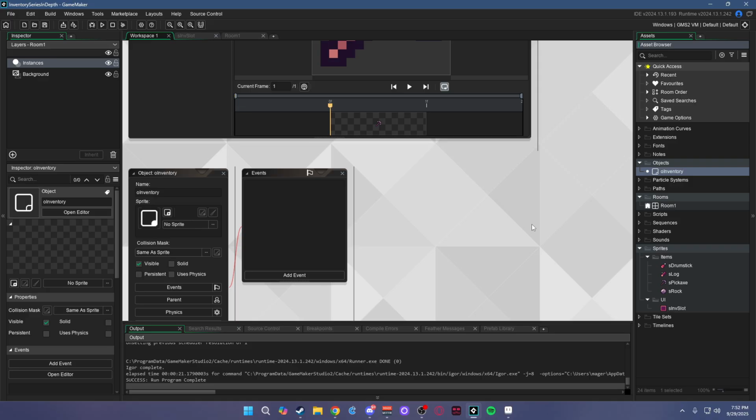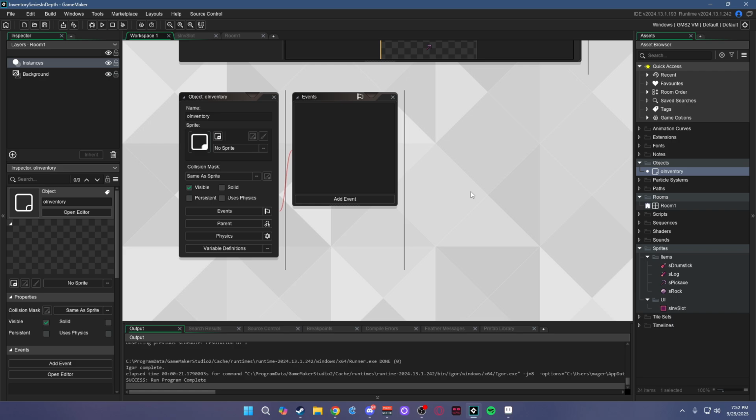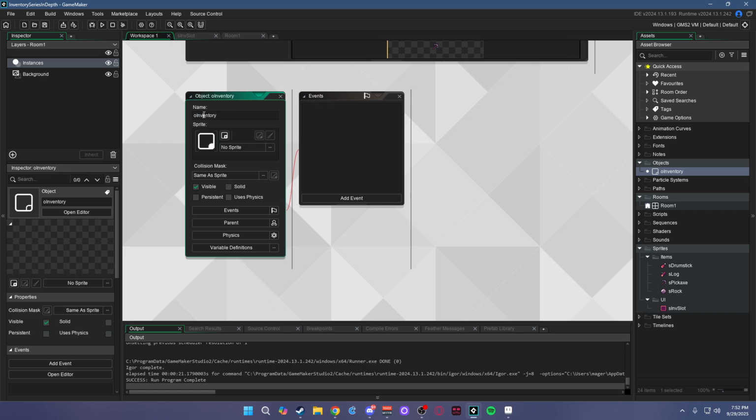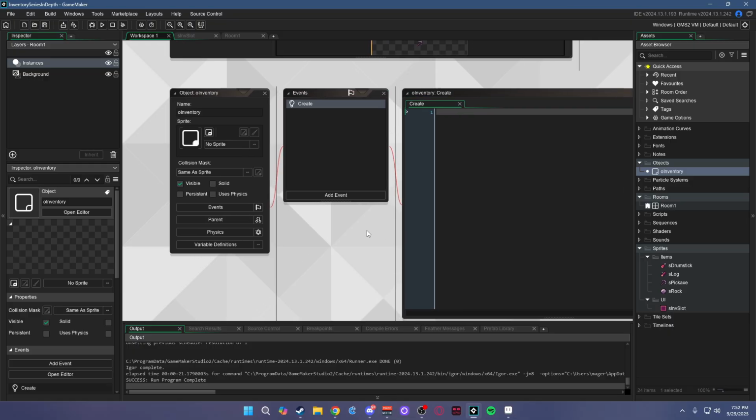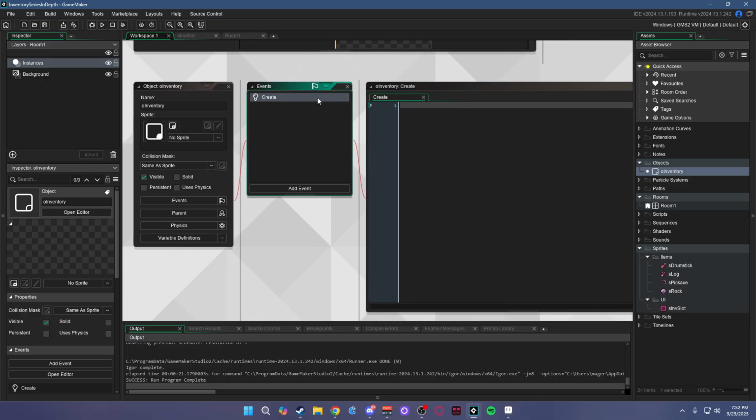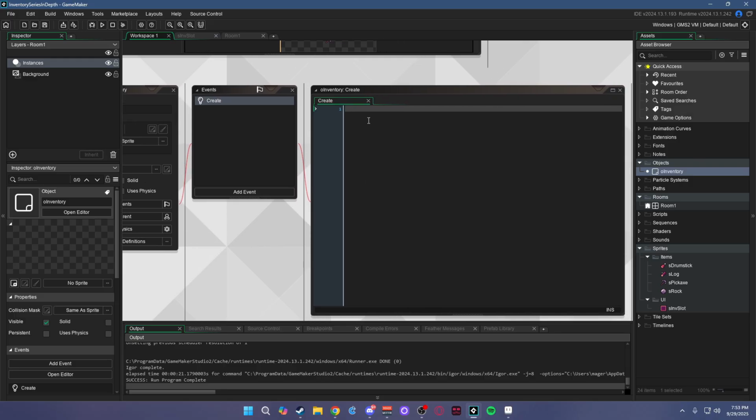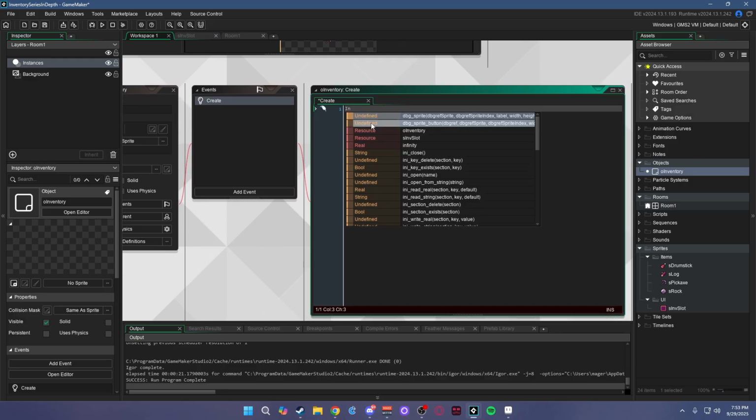So just call it oInventory. I'm very biased, but this is, I think, the best naming style. But that's all right if you use an obj underscore. I don't like underscores as much. Anyways, we're going to make a